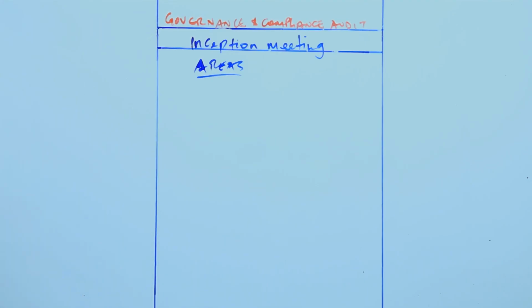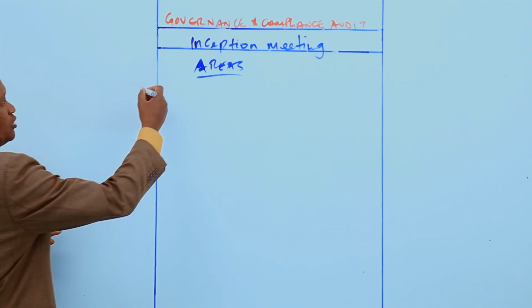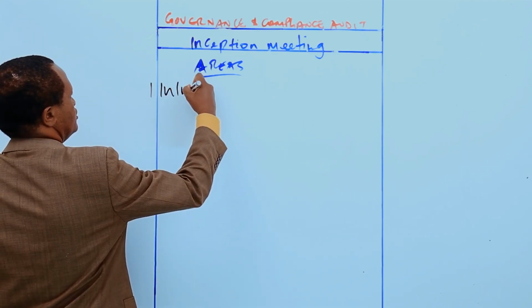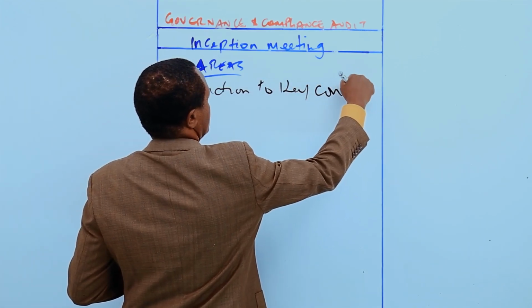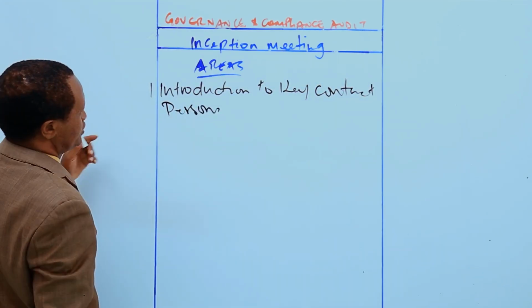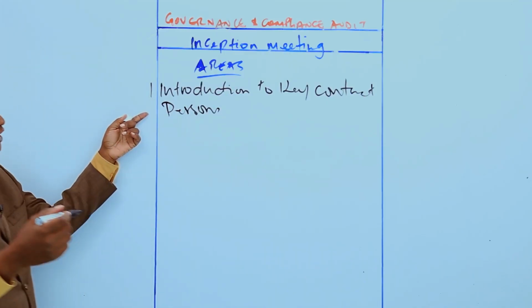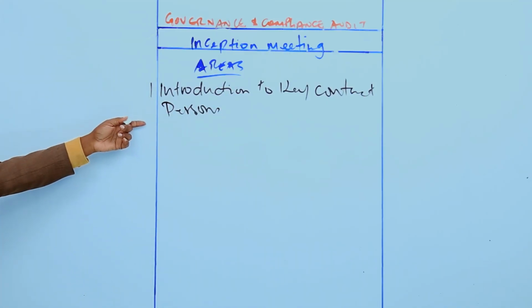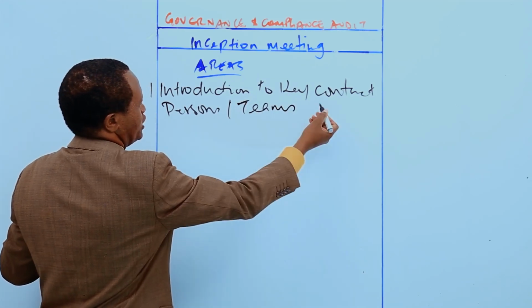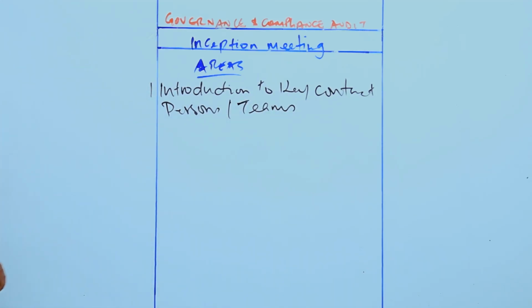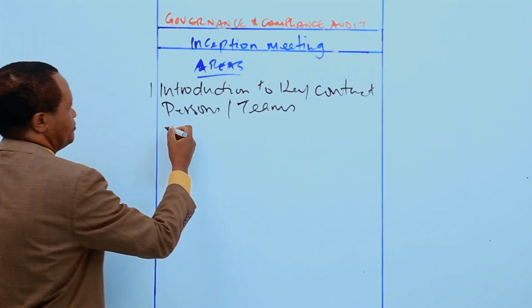One is just introduction to key contact persons. Introduction to key contact persons or teams. And this could be the audit team,